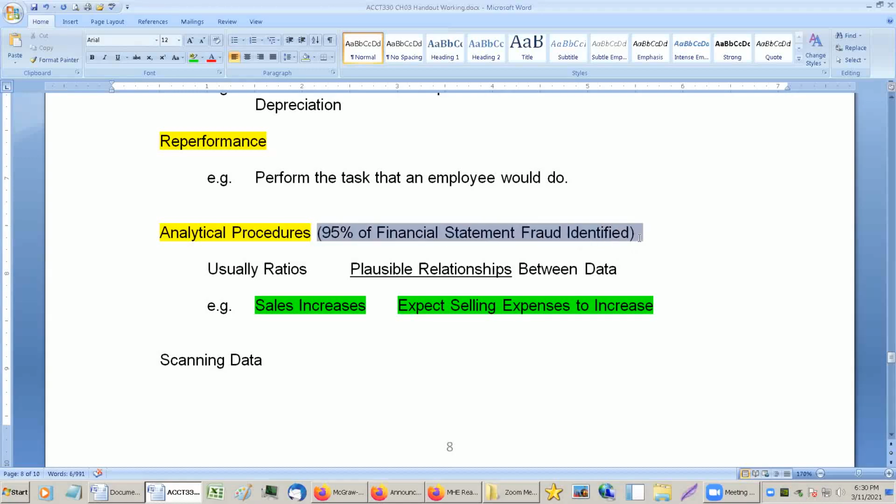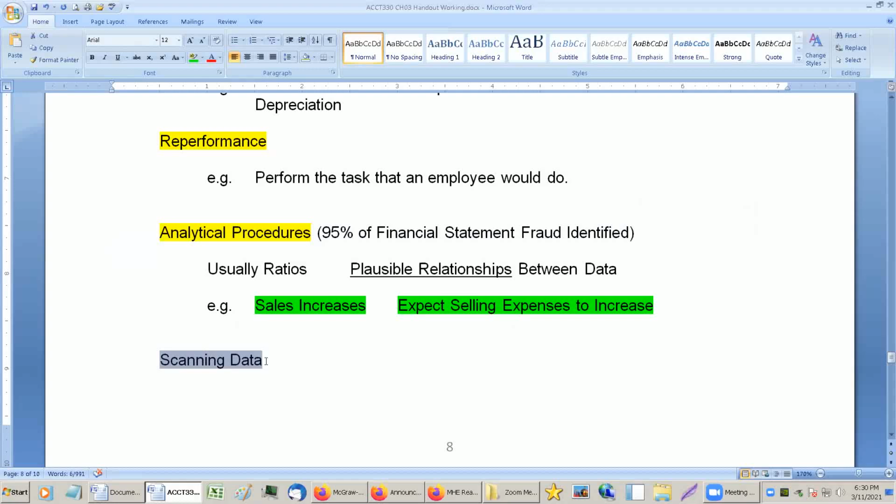relationship between sales and cash that's not going to be there, because if they put a fake sale on the books, it's fake. They're never going to see that money. So there's always some relationship. Whenever someone tries to do something with the books, to cook the books, there's always a relationship with other data on the books. And that's kind of why the procedures pick this stuff